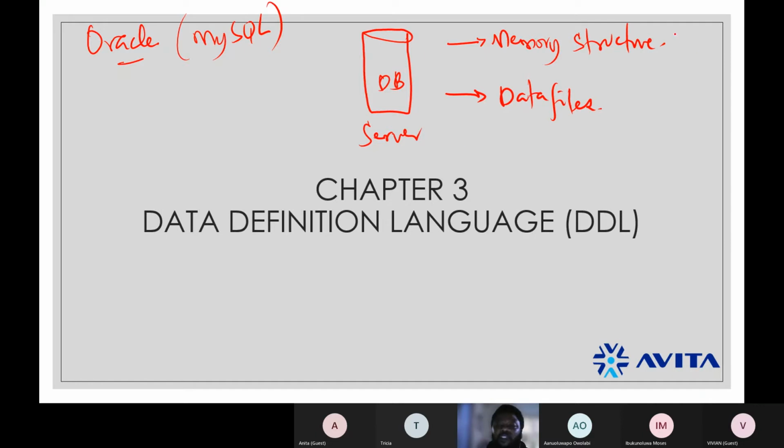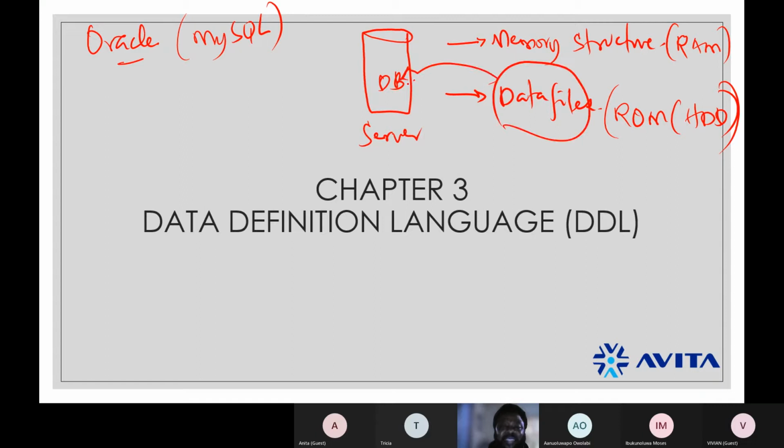Now, your memory structure is attached to your RAM. Everybody knows what a RAM is, random access memory. And your data files are on your hard drive. That is where your data files are. Your data files are actually your data, and that is what is stored inside the database.